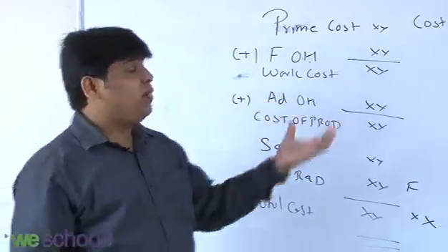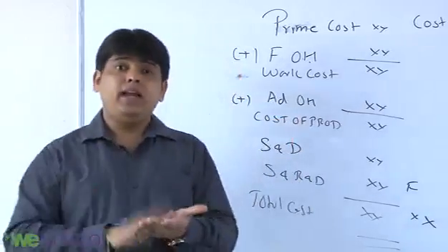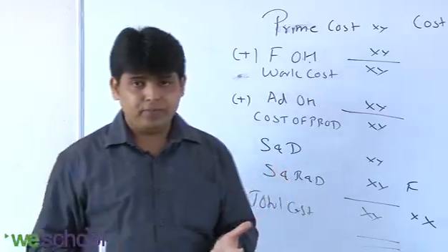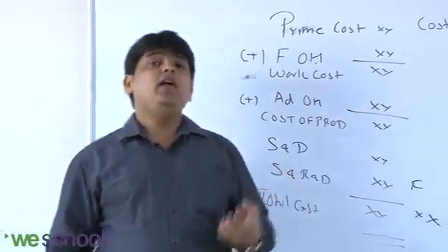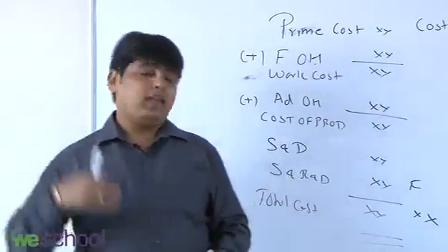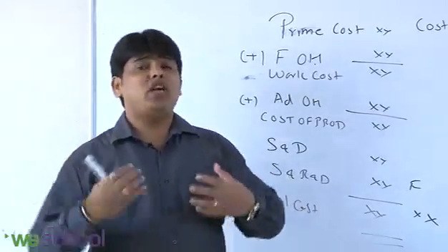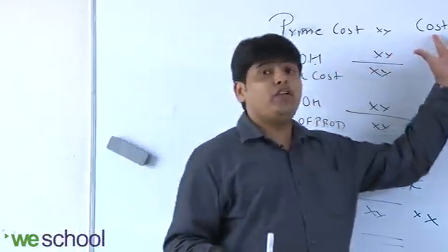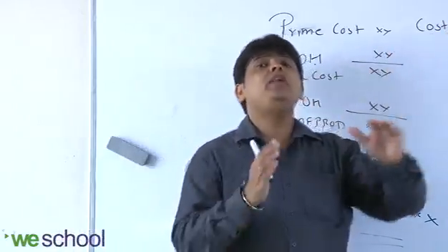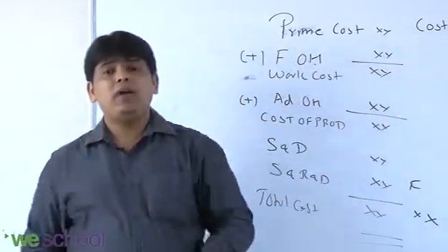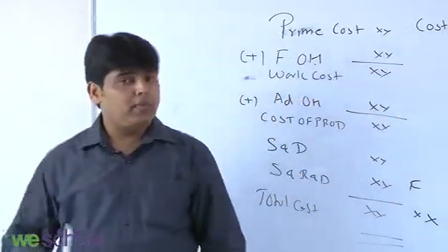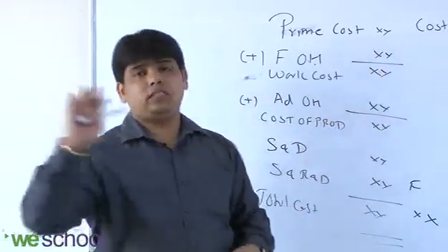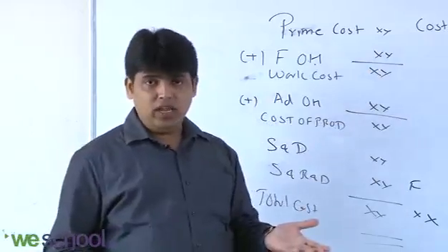After that we come to direct expense and indirect expense. Direct expense may be factory, office or admin, so it will be directly allocated. Indirect expense is also factory rent, office rent, salary, meaning admin. So it becomes very easy for us to allocate, because we are allocating to different cost centers. Cost centers means different departments: factory department, office admin department, selling and distribution department, service department. They are cost centers. So in those cost centers you allocate the expense directly and wholly, right?